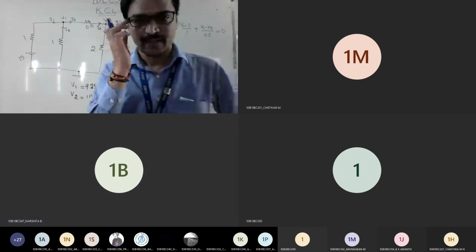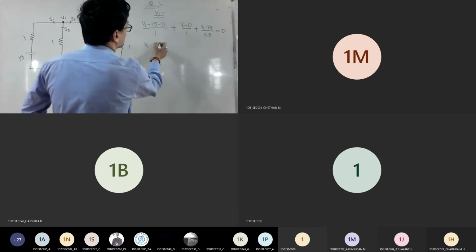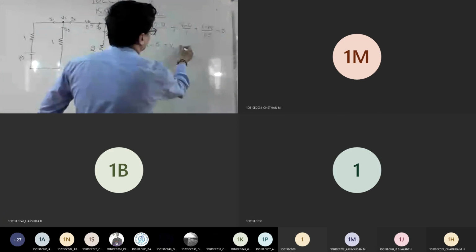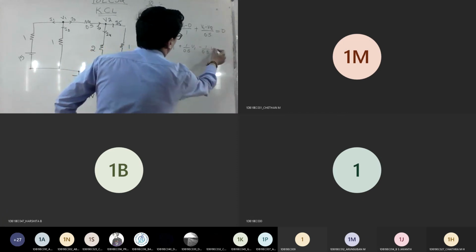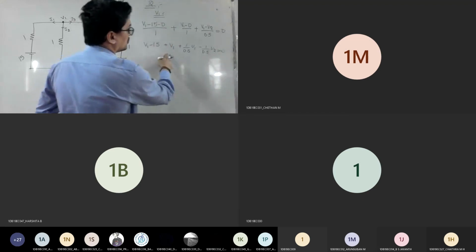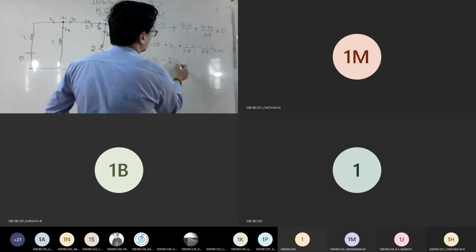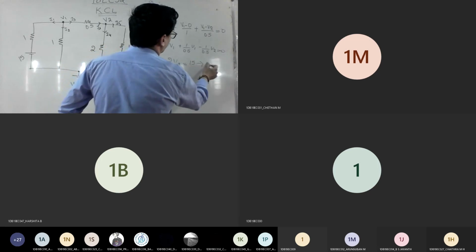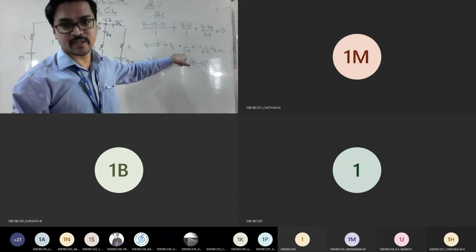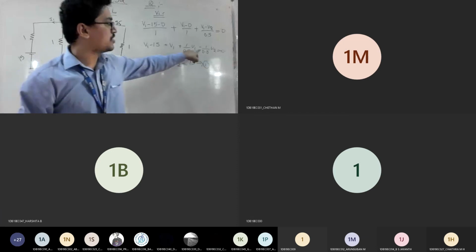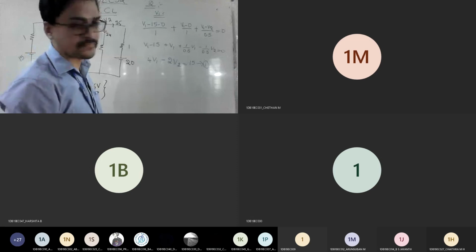Fine. So now we'll try to analyze it. The same concept. So it is V1 minus 15 plus V1 plus (1 by 0.5) V1 minus (1 by 0.5) V2 equal to 0. So V1 is 2 and this is again 2, right? So it becomes 4 V1 minus 2 V2 is equal to plus 15. So is it equation number 1? See, V1 2 and 1 by 0.5 is 2, again 2 plus 2 become 4 V1, and here 1 by 0.5 is 2, so minus 2 V2. Am I clear with the first equation?